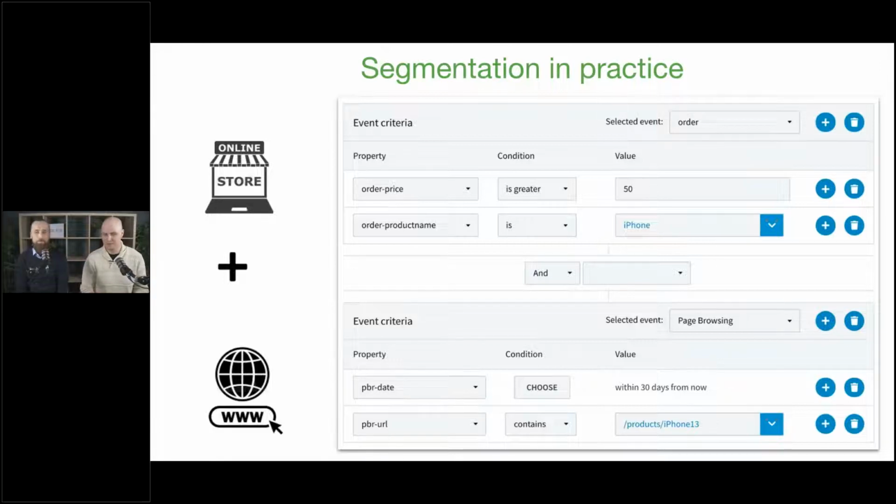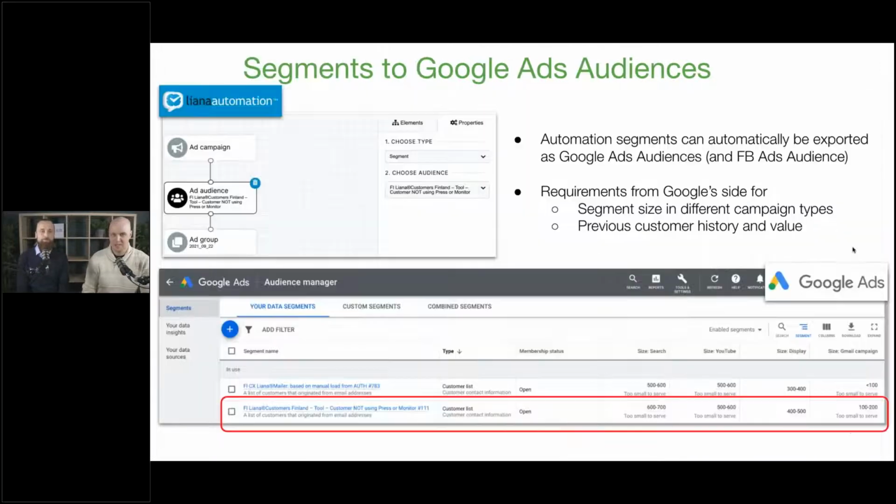Yeah, if you are micromanaging your segments and having hundreds of different segments, you might be doing too much. Maybe you could go a simpler way and try to figure out the sweet spot, which are the key segments, and start with those.